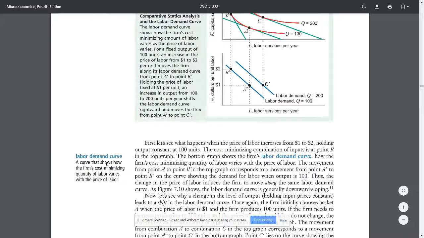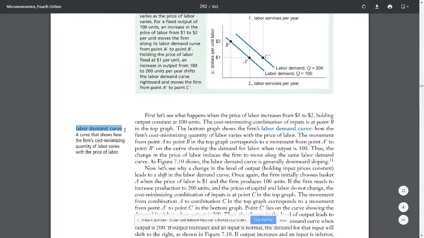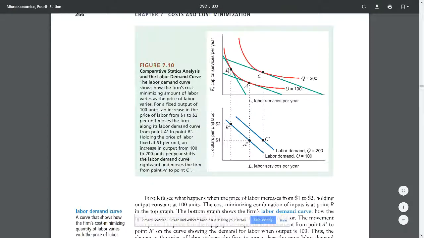And we can have something called the input demand curve. So we have a labor demand curve here where we'll see there's two possible things. Let's say at first that we keep this quantity fixed right here. So its quantity is going to be 100, and then the price of labor is going to increase. So then we're going to get from this A line to this B line, but it's going to have to stay on this. So this is going to be our new point B. But then if we keep the price of labor the same, so we're going to have the same slope, right? But we increase the output from 100 to 200. So if we go from A to B, it's just going to be a movement along the demand curve because it's just a change in price, right? But then if we actually shift it out to here, where we increase the output, that's going to shift the whole